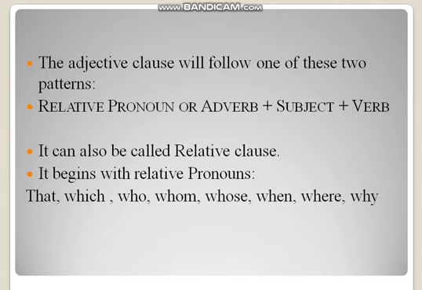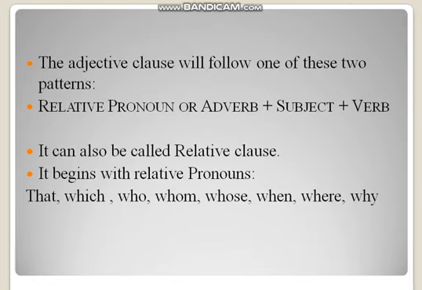As we have discussed, in dependent clauses we have different types of clauses, in which relative clause was mentioned as one of its types. So this relative clause and adjective clause is almost the same, because an adjective clause always starts with a relative pronoun. That's why we can call it a relative clause as well. Why? Because it is always starting with a relative pronoun, but as it is functioning as an adjective in a sentence, that's why we call it an adjective clause as well.